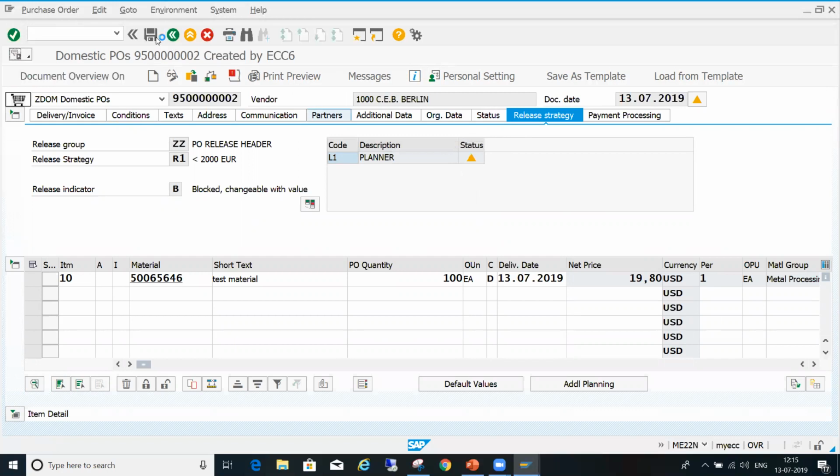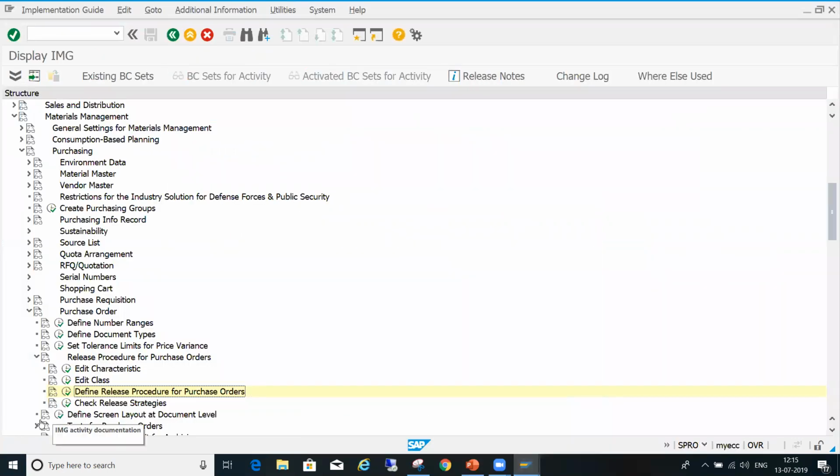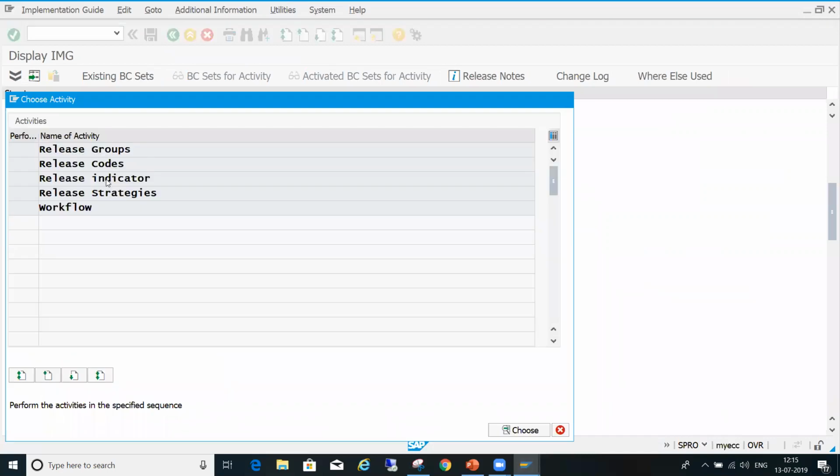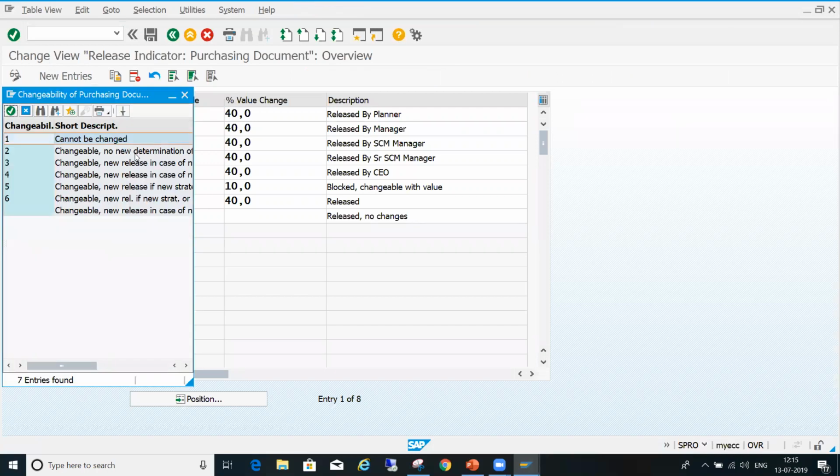This control is based on your release indicator. Because of this value change, the new strategy will trigger.